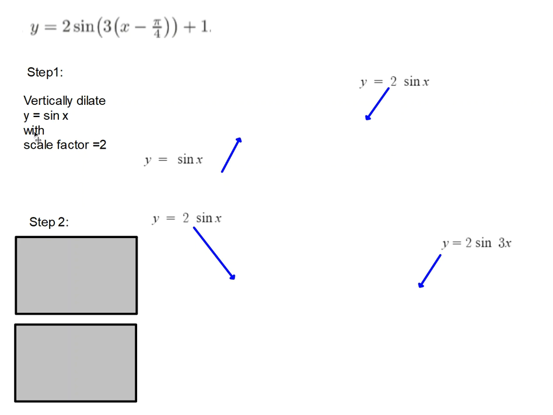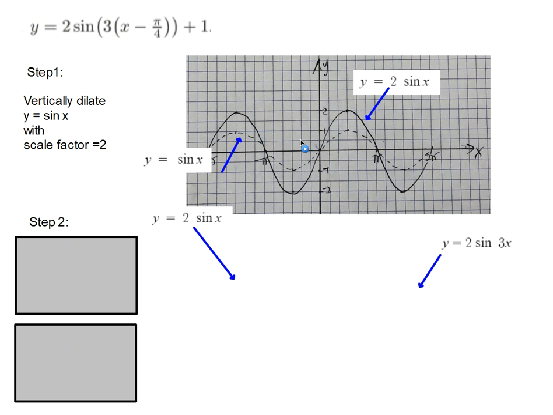In other words, vertically dilate with a factor of 2. The dashed line here is sine x. Every y number is doubled to form 2 sine x. First step done. Then we work with 2 sine x and we sketch a graph of